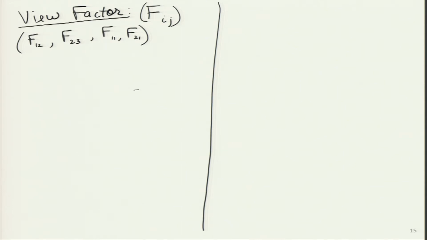So, let me draw over here two surfaces. These are two flat surfaces. Let me call it the i surface over here, and somewhere over here we have the j surface, and both are having finite temperature. So, let me just focus on surface i, the radiation which is leaving surface i, and try and quantify. That radiation, I think all students know, will go in every direction possible. So, it will go in all the theta and phi directions.